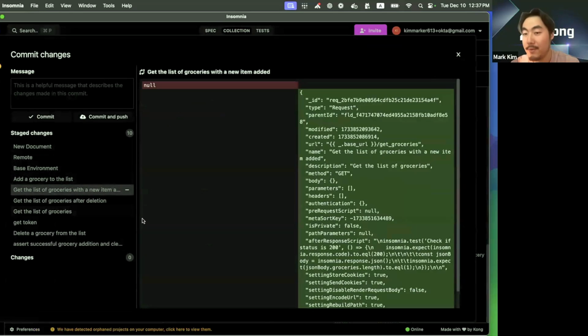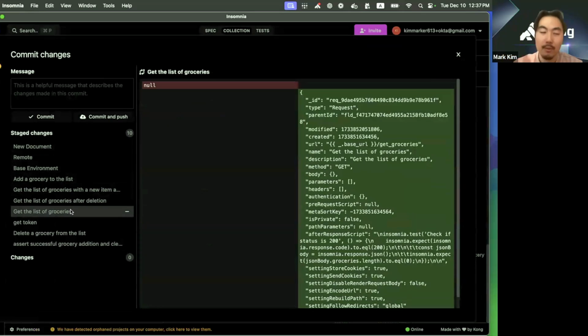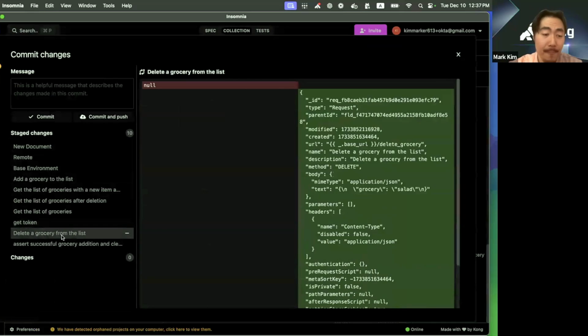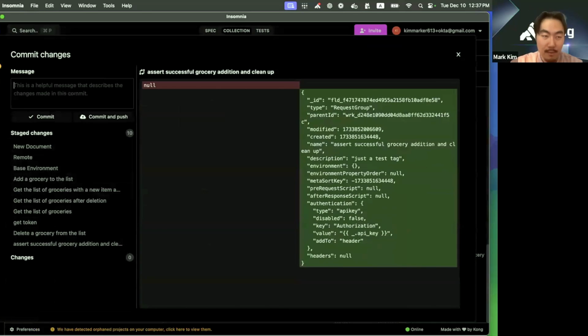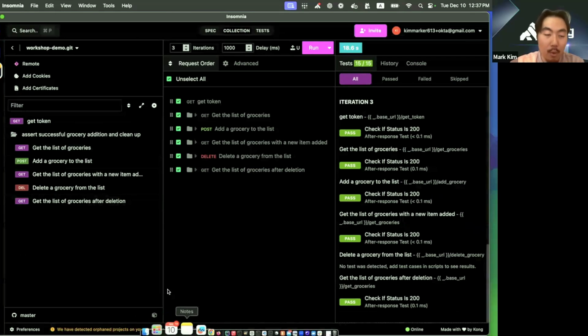You can see all the diff view here. It's human readable. And then I'm going to write the commit as "setting up a basic test case to assert grocery addition and cleanup successfully." And then click commit and push. Now,